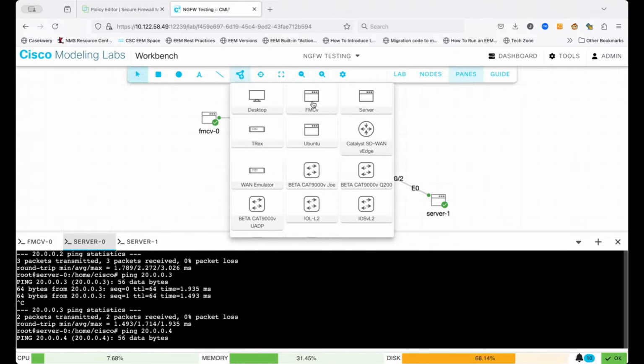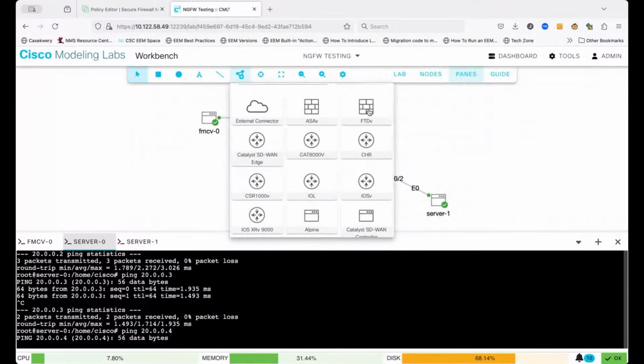You might notice here that the Firepower Management Center is rather hefty in terms of resources. It requires 32 gigabytes of RAM and 4 CPUs. The threat defense, the firewall itself, not so much. Still much heavier than the ASA, only 8 gig of RAM and 4 CPUs. So be aware that if you are going to deploy these, you will need the resources for them. They are virtual machines, but you do get that rather robust feature set, everything but the strong crypto and the